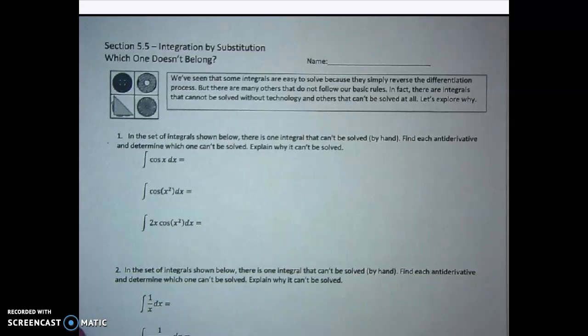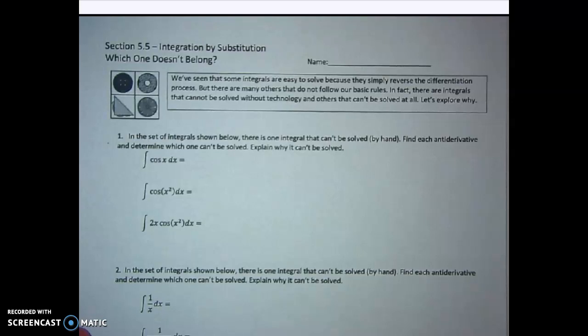So we've seen that some integrals are easy to solve because they simply reverse the differentiation process. But there's many others that do not follow our basic rules. In fact, there are integrals that can't be solved without technology, and others that can't be solved at all. So let's explore why. In the set of integrals below, there's one integral that can't be solved by hand. Find each antiderivative and determine which one can't be solved, and explain why it can't be